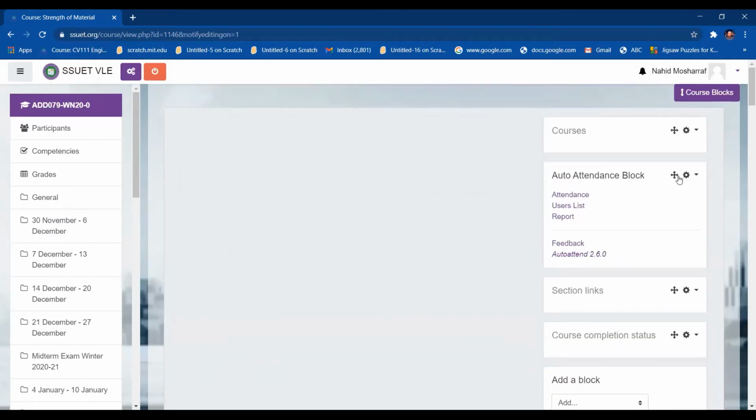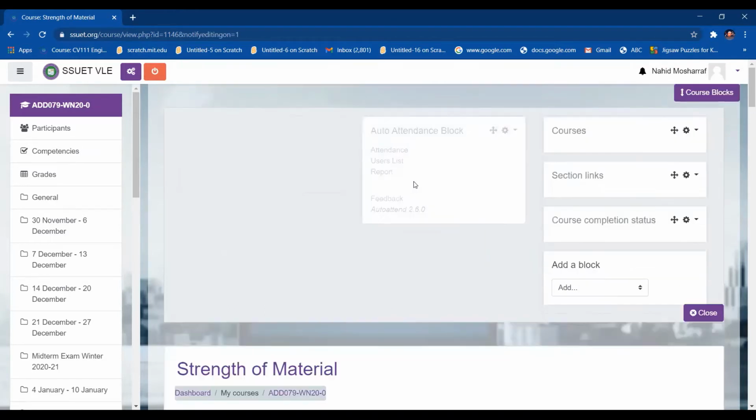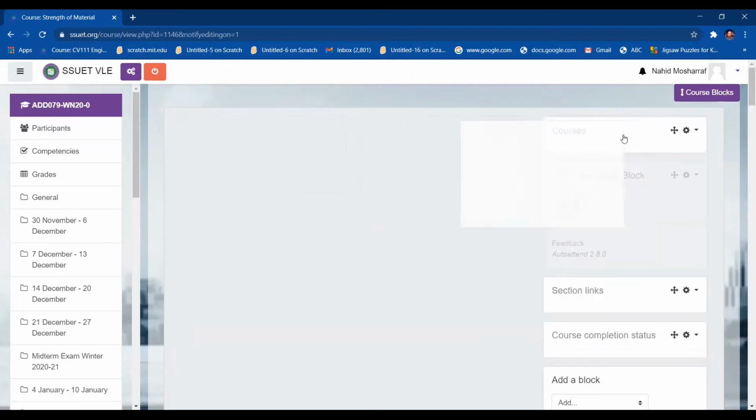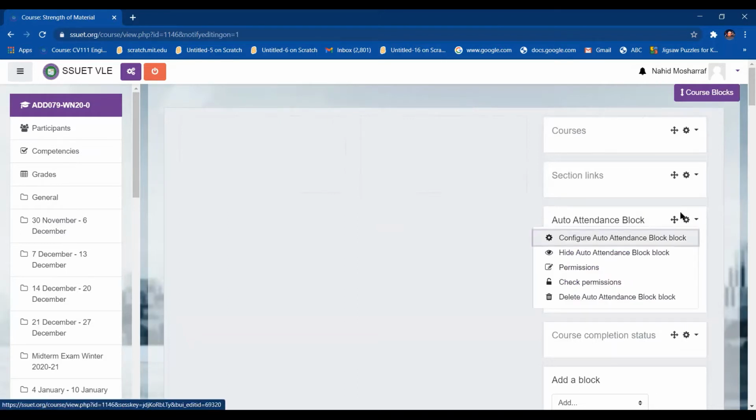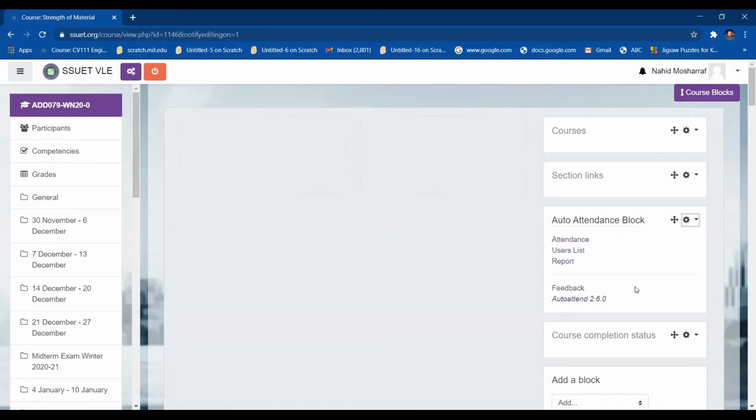One more thing you can do: if you want to change its side, you can do it by holding this cross sign. You can change settings here: configure auto attendance block, hide auto attendance block, permissions, check permissions, delete auto attendance block. It's totally up to you.